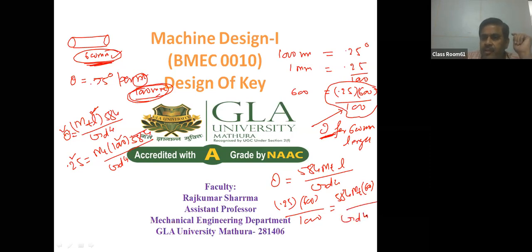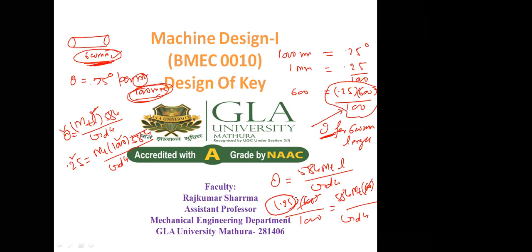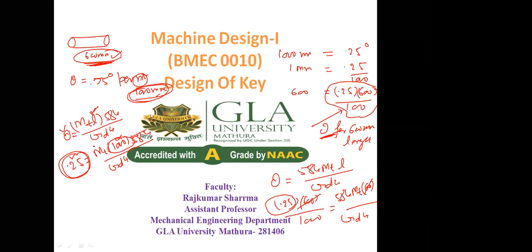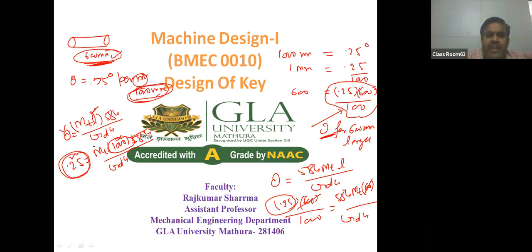So it is GD^4. You will see 600 cancels out from both the sides. Only 0.25 remains on the left side, and this 1000 goes to the right. Then it will be similar. The same formula you will achieve, so there will be no difference in your answer. It becomes quite lengthy; you don't need to calculate at 600 mm. If it is given for 1000 mm, then use L equal to 1000. And that's all. Okay, I think the doubt must be clear to you.